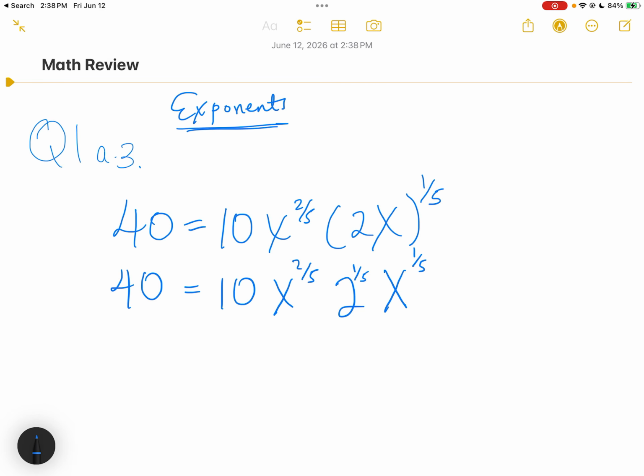Now I can go ahead and divide through by 10, right, and get rid of this 10 here. I'm trying to get x on its own, and so I have 4 equal 2 to the 1/5 x to the 2 over 5 x to the 1 over 5,